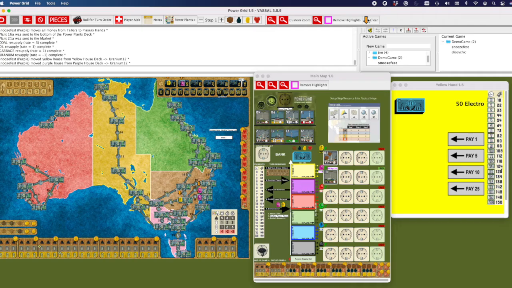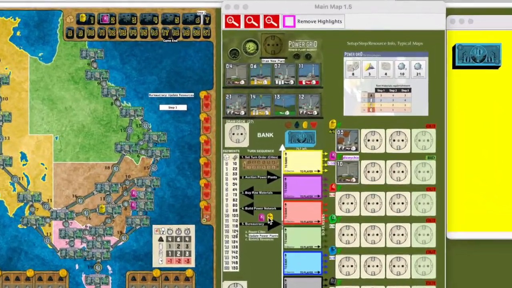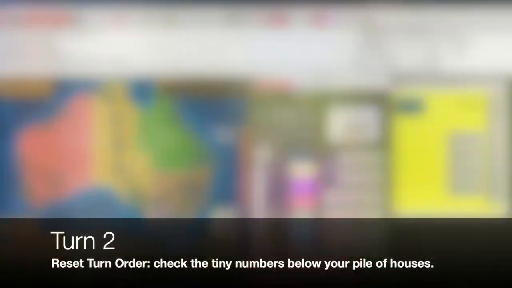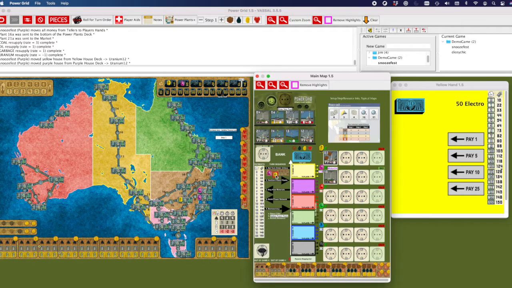So we've done turn 1, now we go to turn 2. We can update the turn order based on the number of cities and power plants, which is done. And now we're going to auction power plants. Yellow is first. Again, you drag that